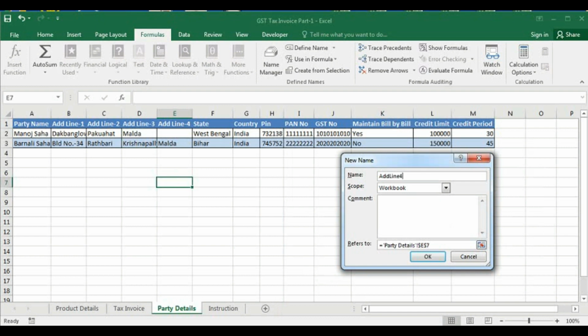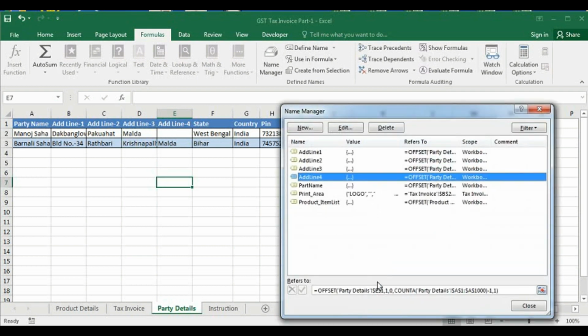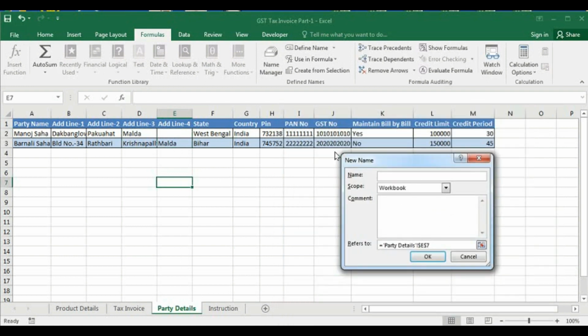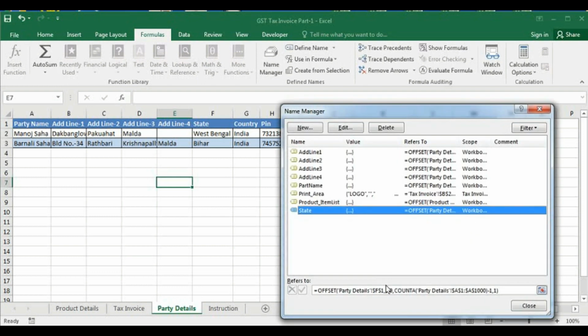Paste the formula, then again go here, and line 4 will be E. So E, okay, line 4 selected. And again new, state. State is on F, so F, okay, yes, it is selected.